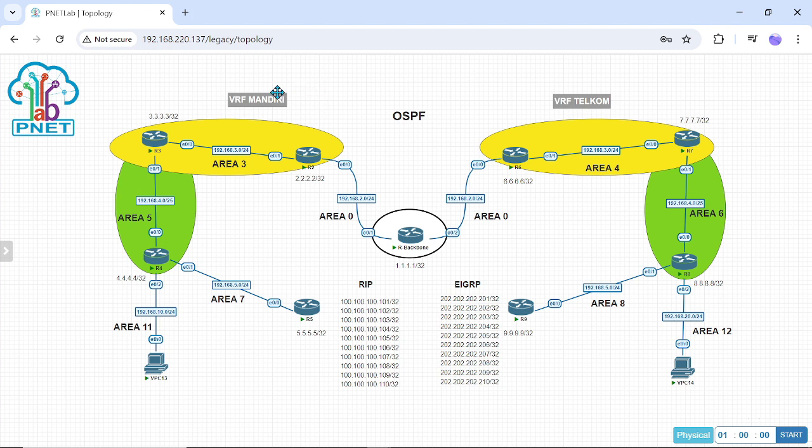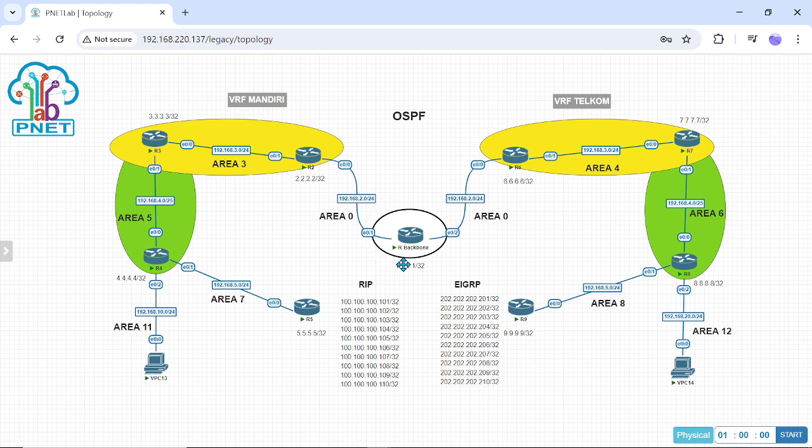To make some topology, I made one topology about OSPF. For this topology, I have one backbone router, area 0, and this router we can call router OSPF2.